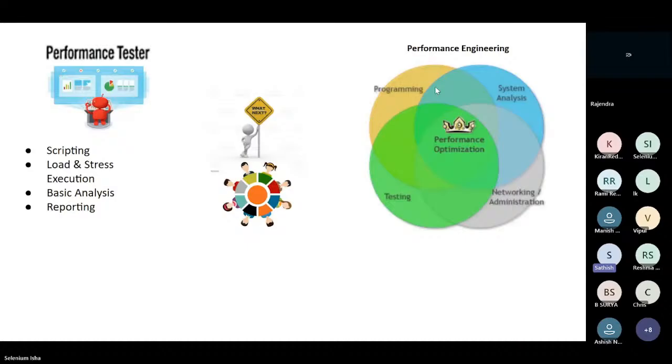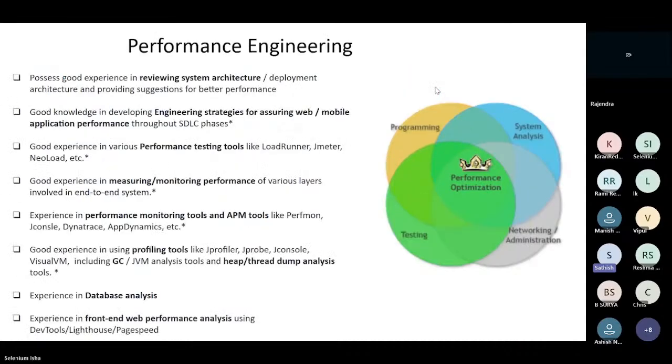Now when it comes to system analysis, that is where all these things come into the picture. Whatever you guys typed in is going to be part of your system analysis, or what we call it in performance engineering. Okay, a performance engineer should be able to review the system architecture and then provide suggestions. Not a 1 year, 2 year, 3 year performance engineer, they would not be able to do it. But as you gain experience, you would be able to analyze the non-functional requirements given by your product owners, look into the design architecture from your development team, and then analyze it